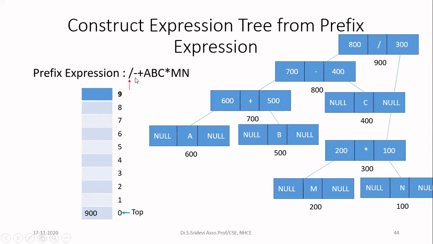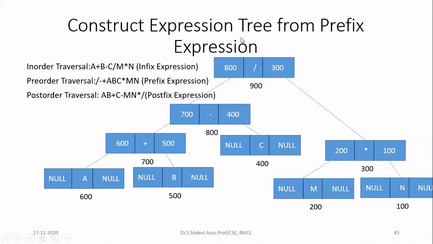Then I'm going to continue with the scanning of the expression, but the end of the expression is reached. That means I have to stop now. So now, if you look at the stack, on the top of the stack, you will have only one address. That address is nothing but address of the root node. Here we have 900, which is nothing but address of the node divide, which is the root node. And the root node is properly updated with the right and the left child, with the help of which you can access the remaining part of the expression tree.